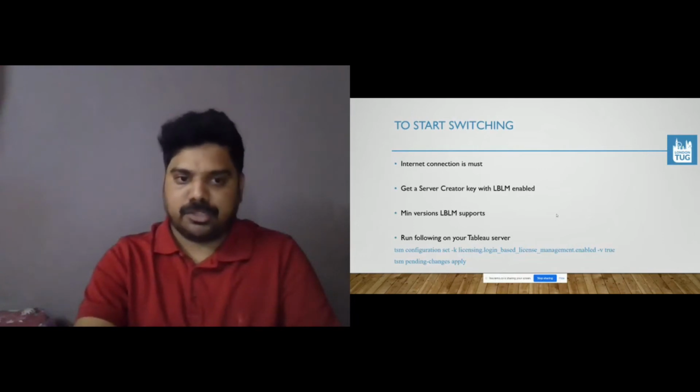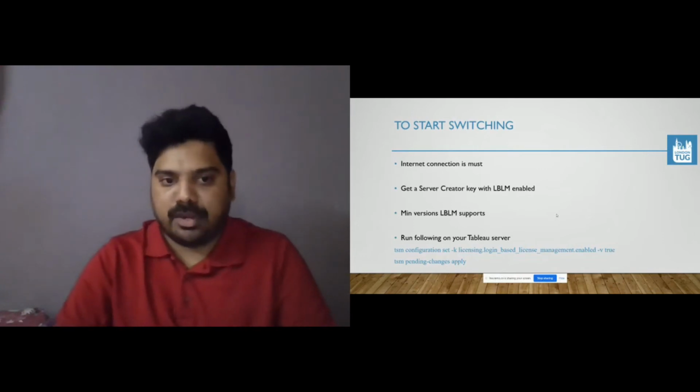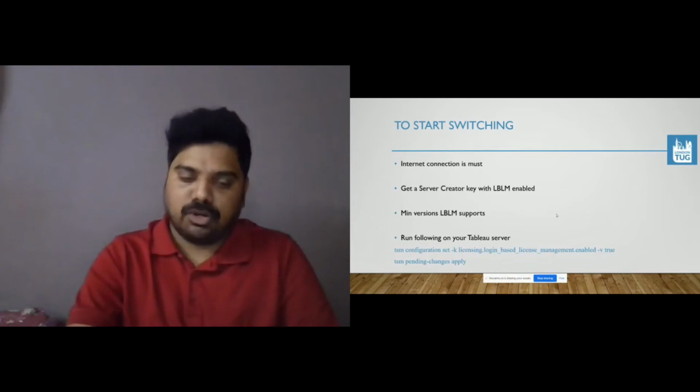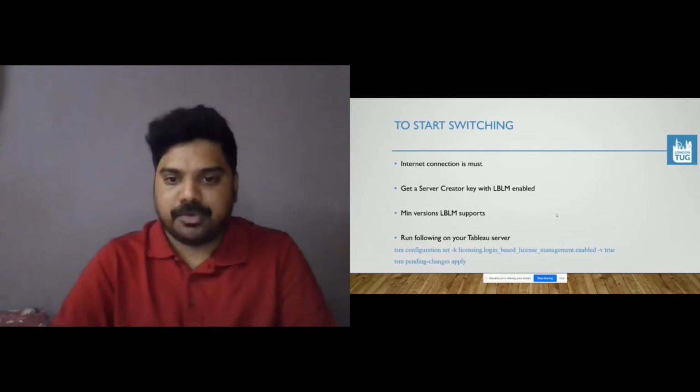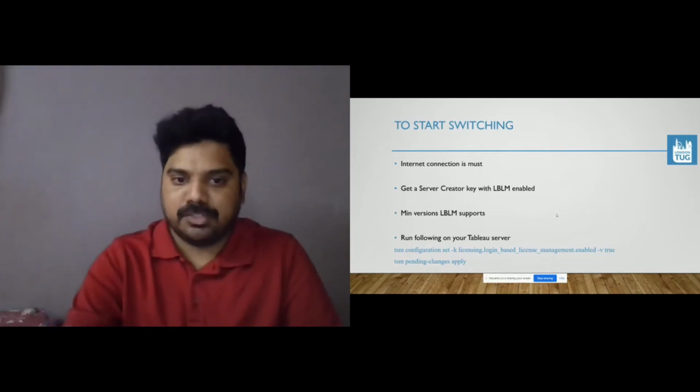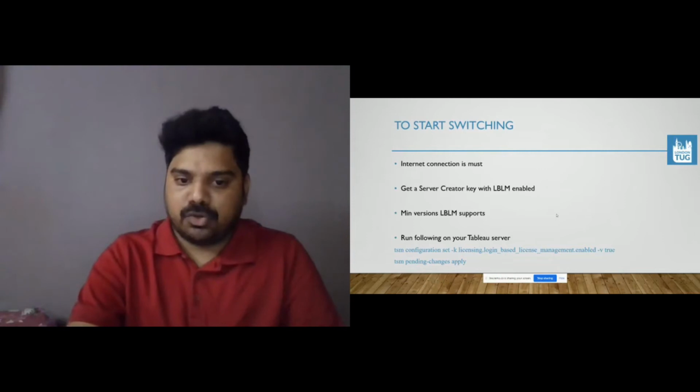If it is on the server, you need to have 2020.1. If it is a desktop that you want to activate with this method, it has to be 2020.1 plus, and Prep Builder is 1.3 plus. So if I show you that in action,